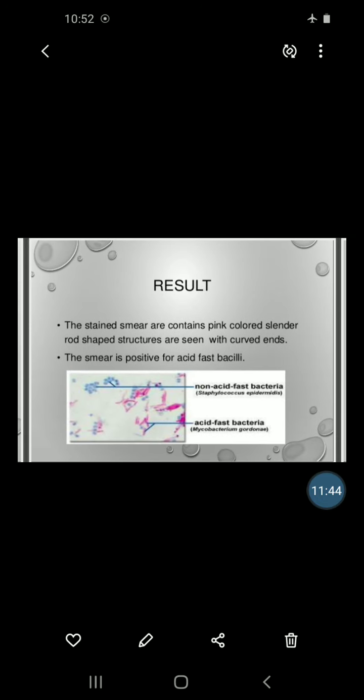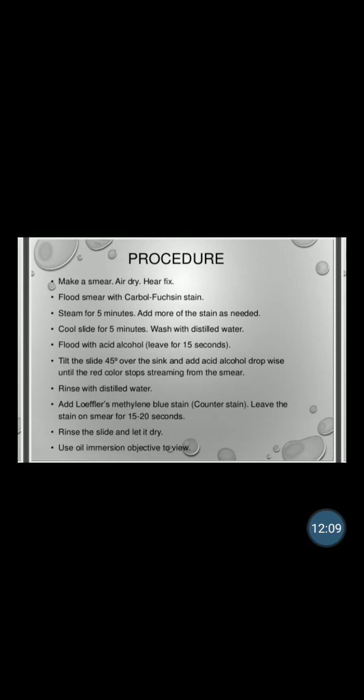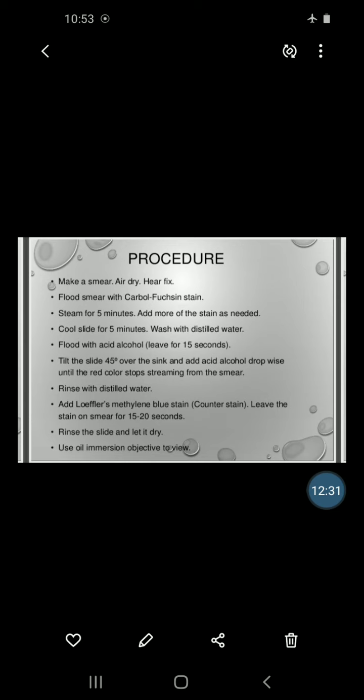Then what will be the result or observation for acid fast staining? This is all about the procedure. I am repeating the procedure. First, make a smear, then air dry and then heat fixation, then flood the smear with carbol fuchsin stain, that is your primary stain, then steam for 5 minutes and add more of the stain as needed, then cool the slide for 5 minutes and wash with distilled water, then flood with acid alcohol, that is your decolorizer, and leave the slide for 15 seconds, then tilt the slide at 45 degrees over the sink and add the acid alcohol dropwise until the red color stops streaming from the smear, then rinse with distilled water,